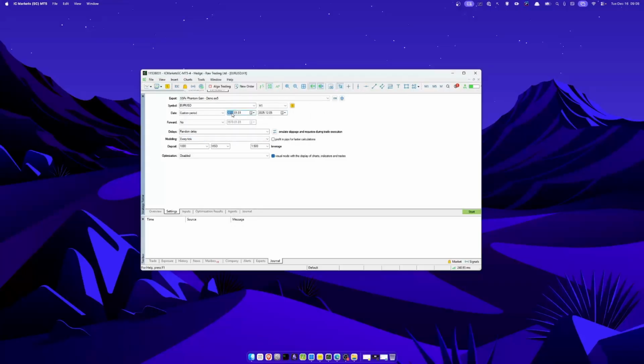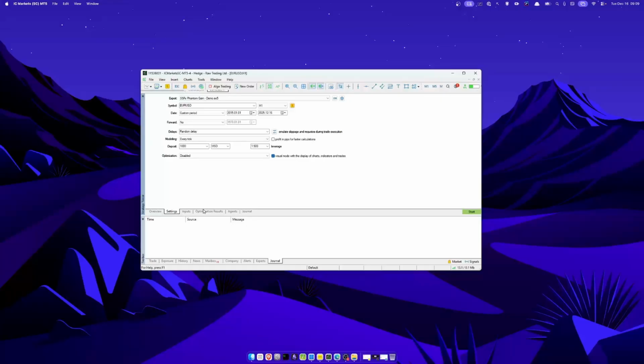Based on the testing, I noticed that the expert earns around 1.5 to 3% per month regularly, but in other months it could earn way more than that. Of course, this is also highly dependent on the risk settings that you set and your starting balance. Of course, bearing in mind